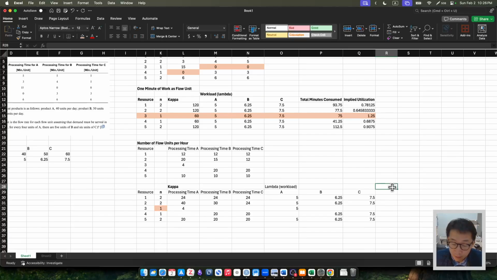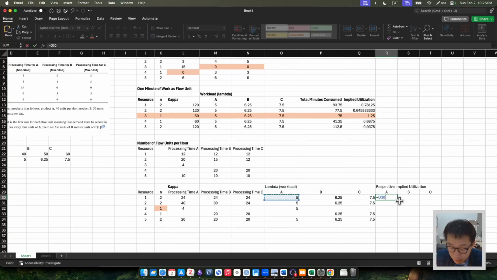Okay, so the respective implied utilization on A, B, C. Once I finish the calculation, you can see whether the interpretation makes sense to you or not. Okay, so we have 5 units of A that need to be taken care of when this is your